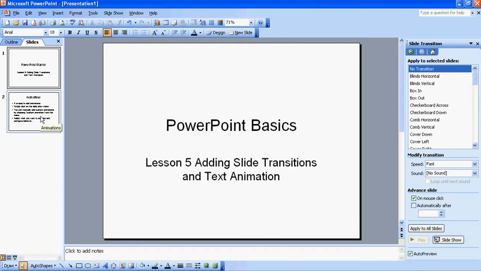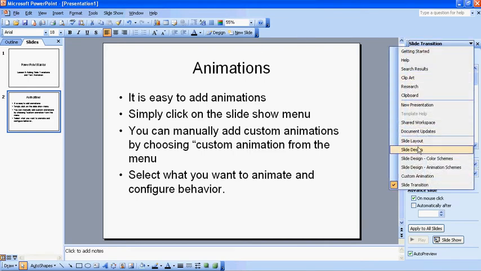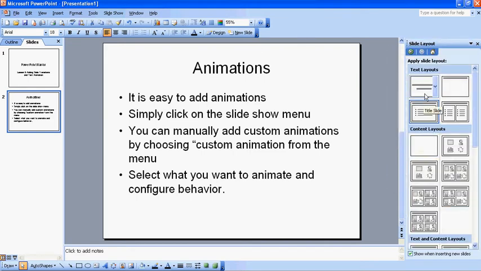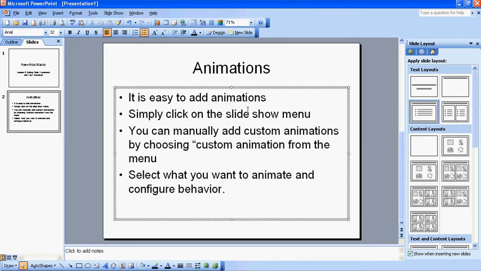Let's take a look at our sample slide here. Basically what I've done is I've created a new slide, and under slide layout we have the title and text. I've given this particular slide the title of animations, and then I've added a list of instructions in a bulleted list style. What I'd like to do is show you a few things that you can do to jazz up your presentation